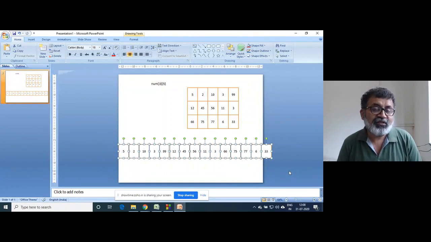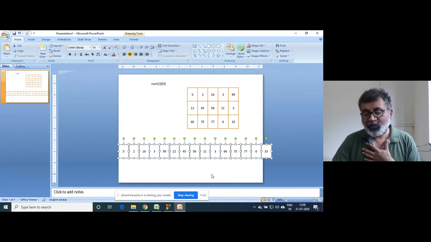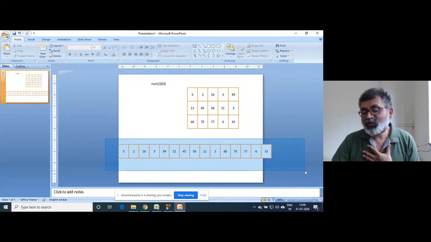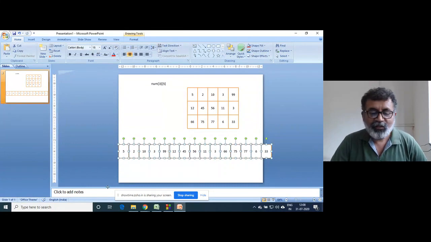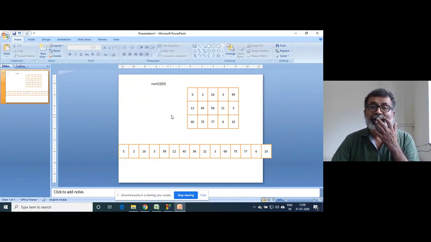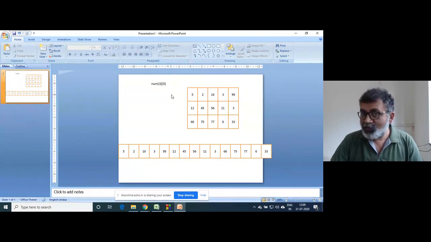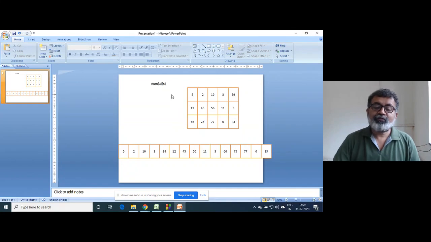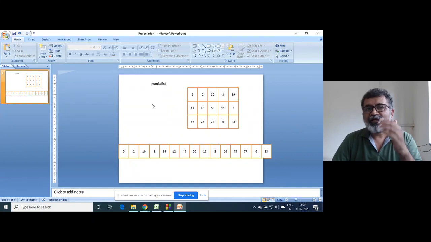But then the question is, how does that indexing work? Because indexing is very important. Otherwise, it is a single dimensional array, so it will be 0, 1, 2, 3, 4, 5, 6 like that. But the array has not been declared in that fashion. The array has been declared as a double dimensional array. So indexing will again start from zero, but each element will have two indexes, one for the row and another for the column.